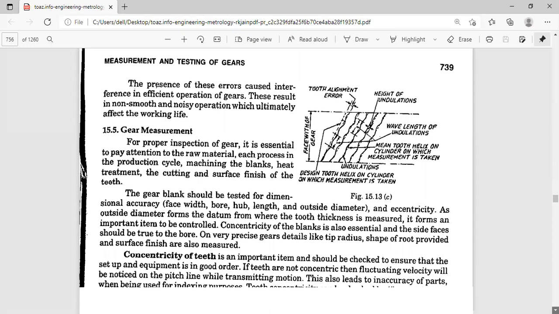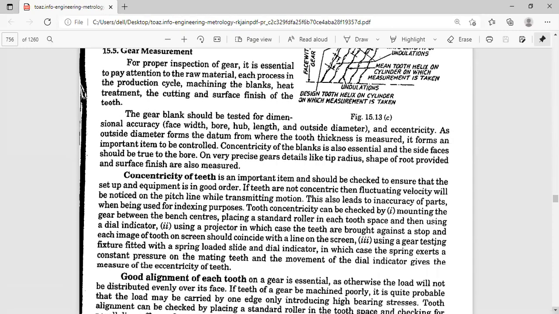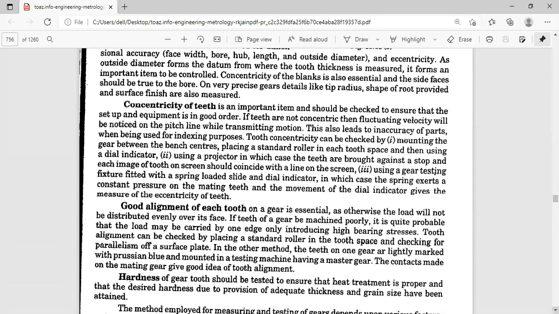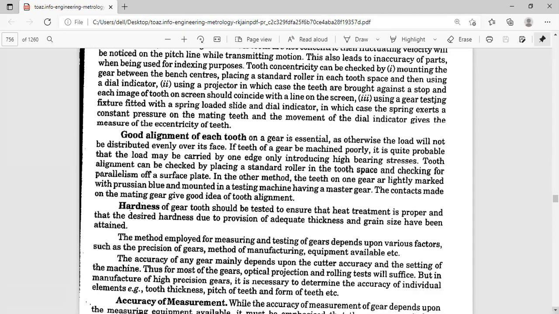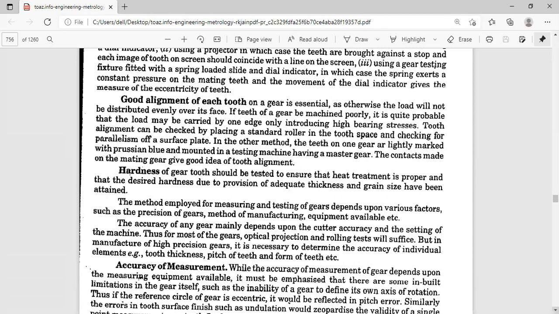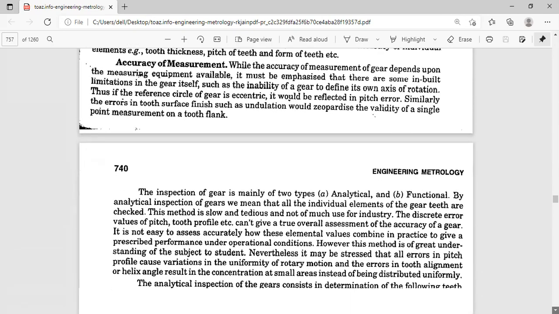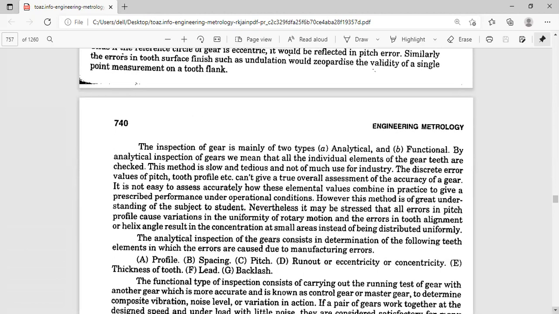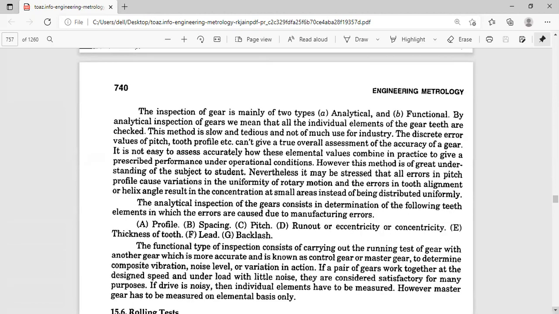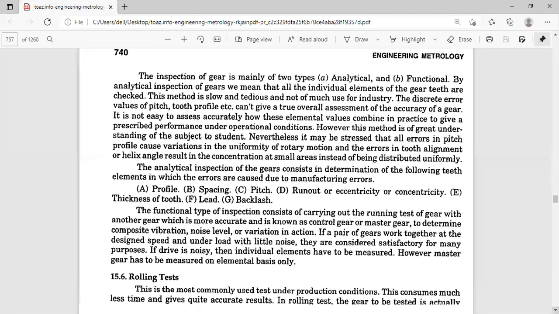Okay, we'll just try to start with the gear measurement. Actually, some of the topics are not there, so we'll skip where it is important. Already we have checked as far as runout is concerned. We'll slowly go to another point, whether it is pitch or tooth thickness. Tooth thickness I'll start in a new class, because we have two derivations and you cannot complete them. Already 20 minutes of time is over.